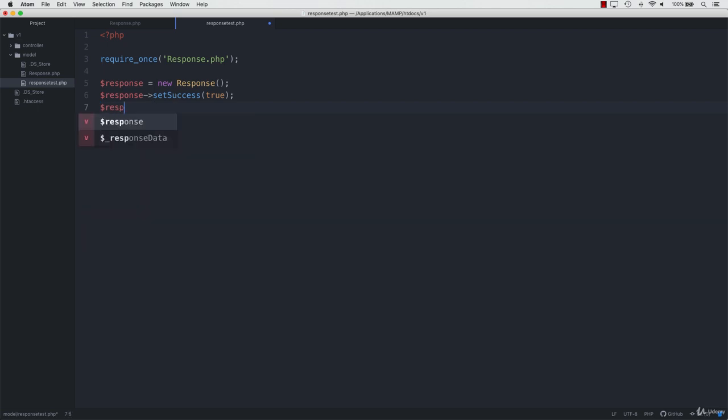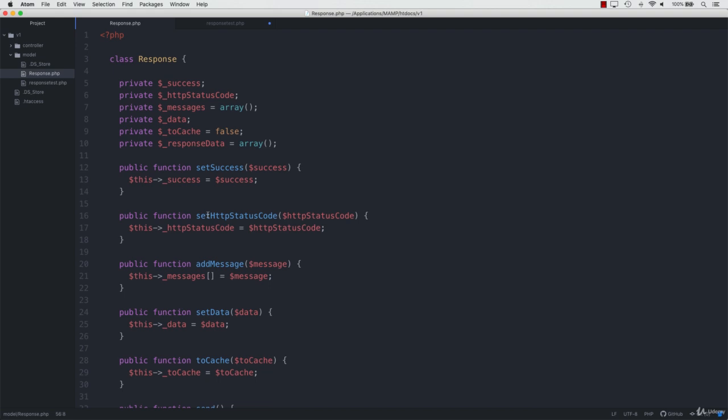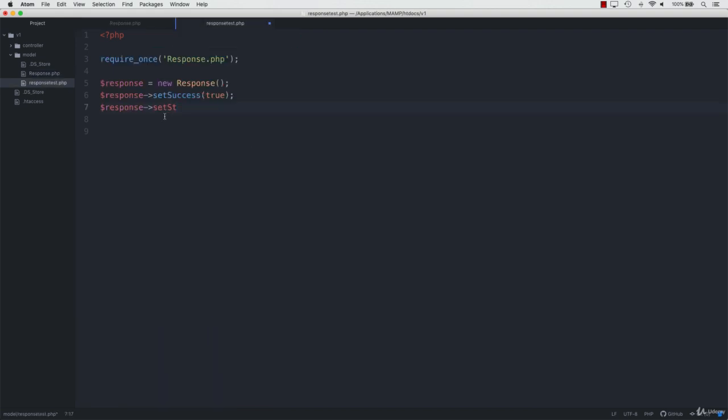So response set status, sorry, I think it's called set HTTP status. Yeah, sorry, set HTTP status code. So set HTTP status code, and we'll pass in 200. That's a successful OK message. And